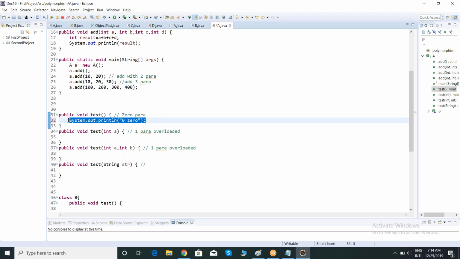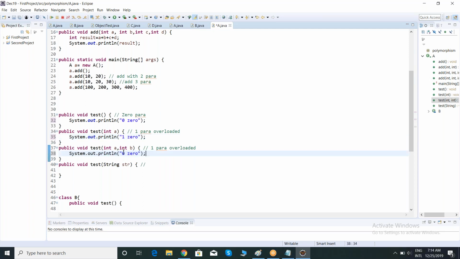And this is 1 parameter. This is 2 parameter. This is with string parameter, right? Here, to execute all these methods,